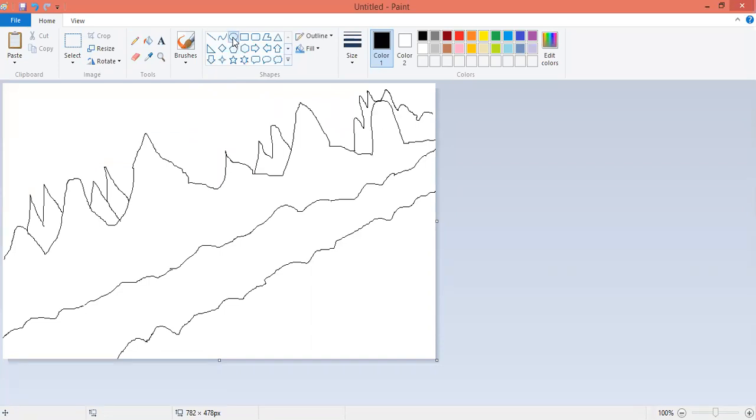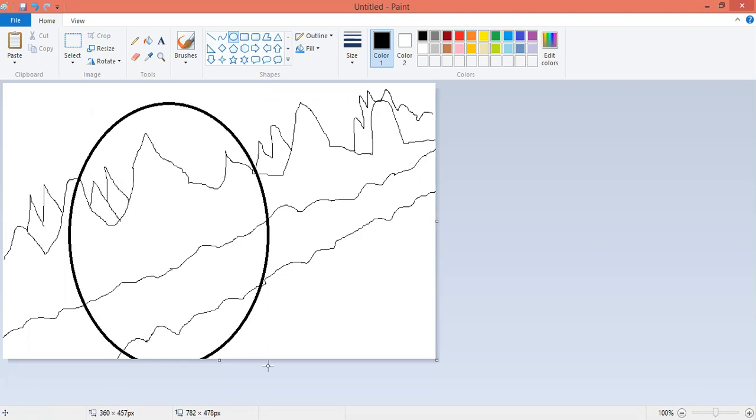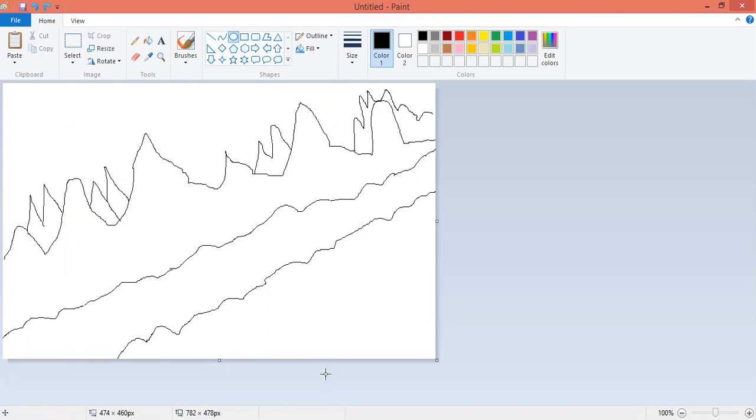Then when I click on the circle, my mouse arrow is converted into a plus sign. Now I press my left mouse button, and while pressing it, I move my mouse downward. So it's showing me the circle. I can make a circle of any size, like this, or this, or that much. It's up to the person who is drawing to make the circle up to their requirement.